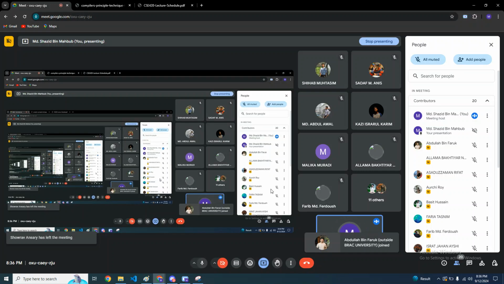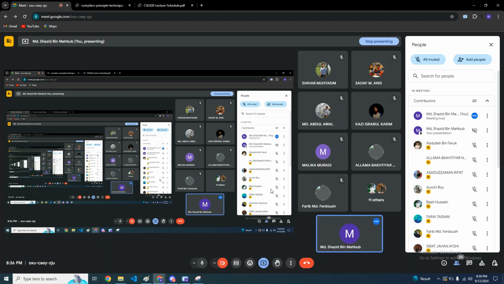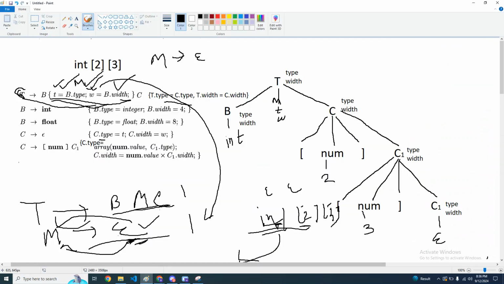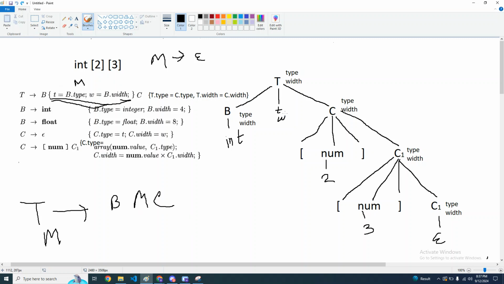যাদের কনফিউশন ছিল তারা বুঝছি না আরো কনফিউজড হয়ে গেছে? বুঝতে পারছি সবাই? ওকে, so right, so we need to include this t and w. Okay,